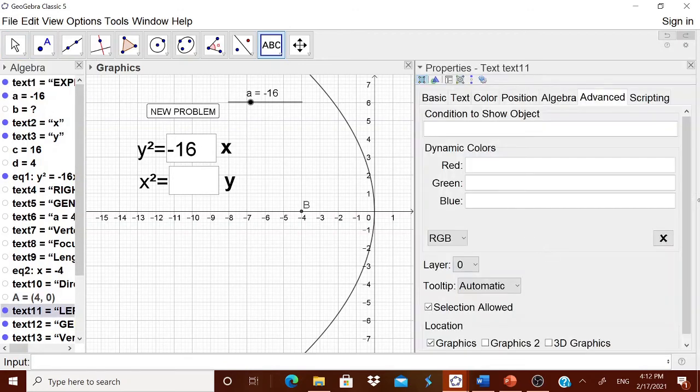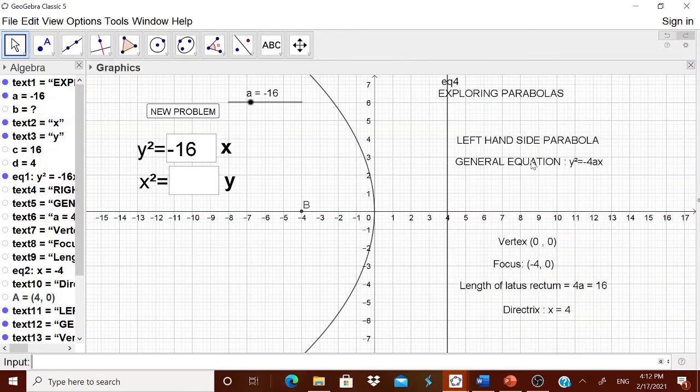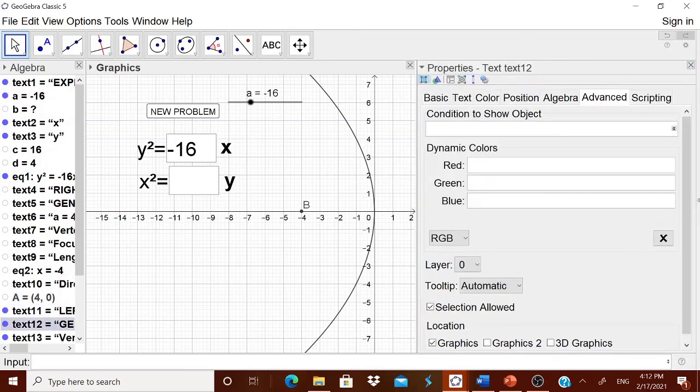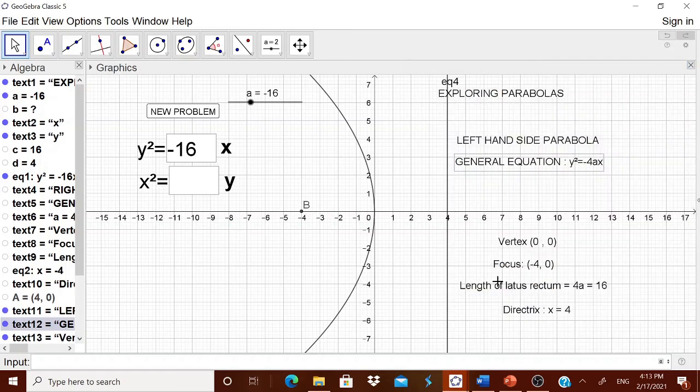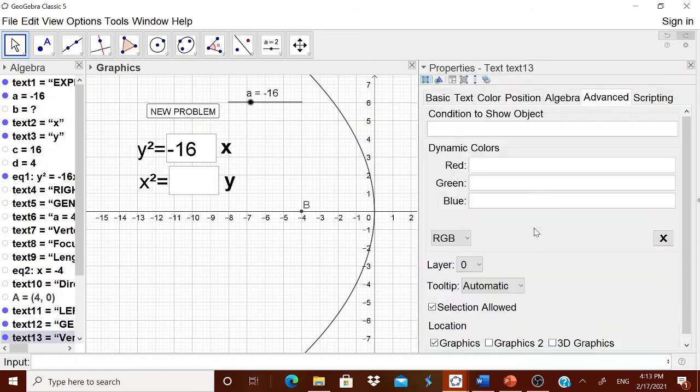only when a is less than 0. Remember that, because whenever a child is entering the negative value there, then all these should be displayed. Therefore, the general equation also should be displayed. Is it okay? Enter. Then once again go to this vertex and enter.